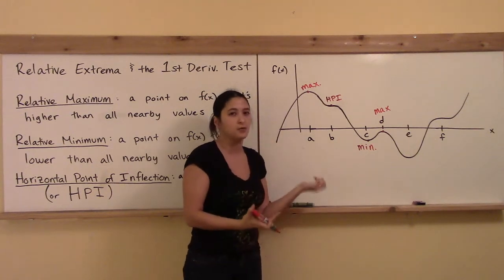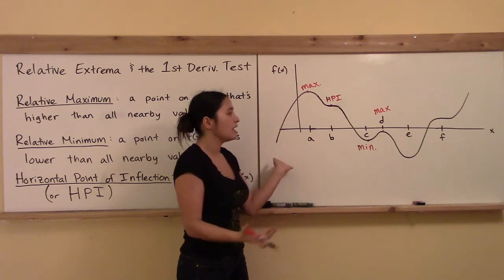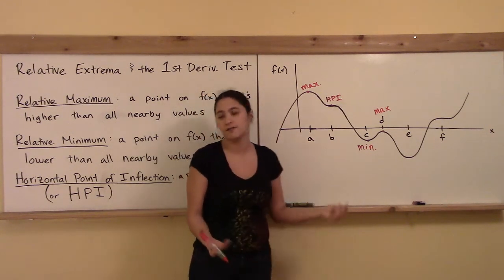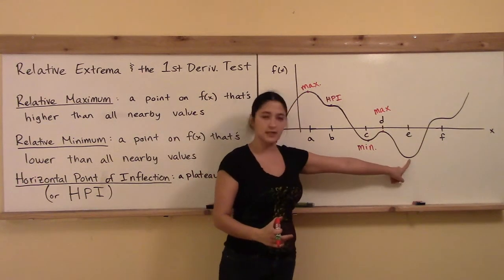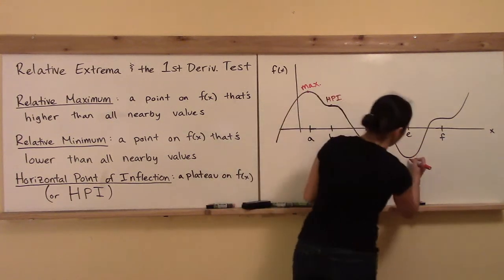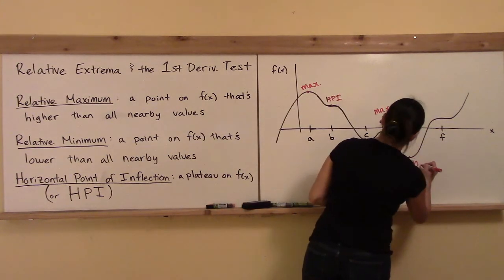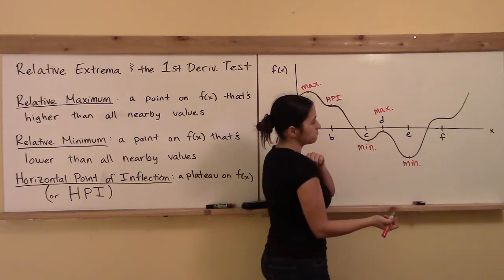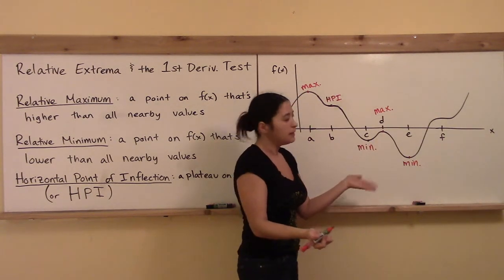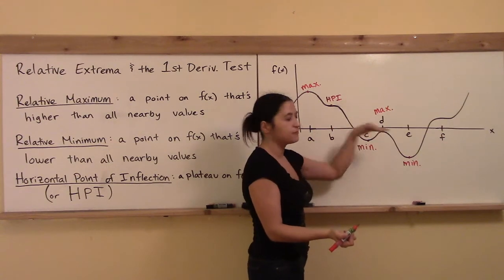So it doesn't really matter what the sign of the actual y output is, it just matters if it obeys this type of definition. Okay, so moving right along in E, that's going to be a minimum, right? That's a min there. And then last one is F, and so F, what did you think that was? Doesn't look like a max, doesn't look like a min, but it's special to me because it's a flattened out